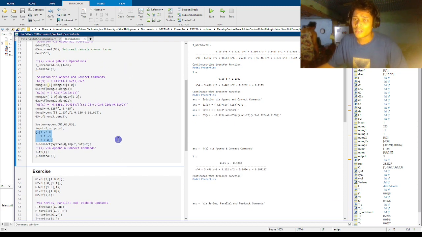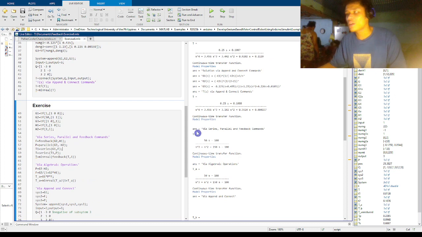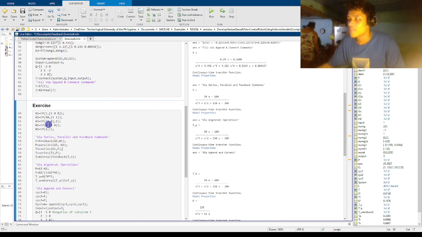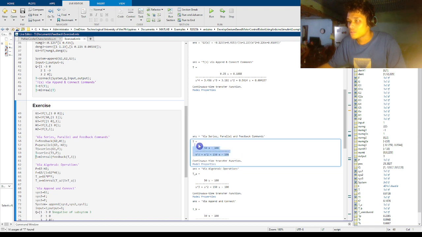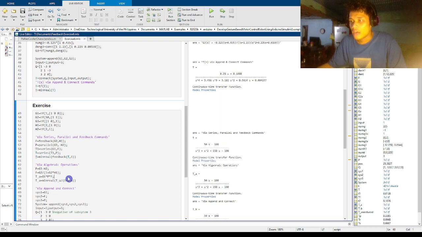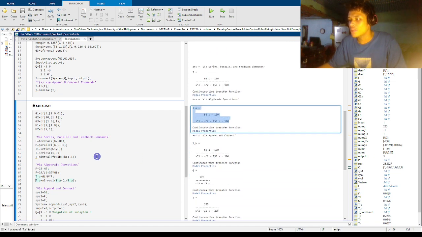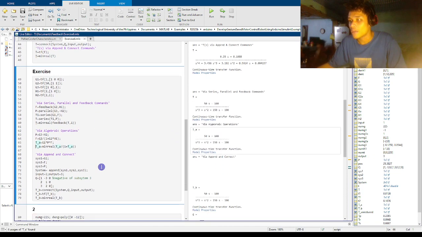But to demonstrate that it also works, we have another exercise where it is done via all three commands. So for the first one, we use the series, parallel, feedback commands, and this is what it is. Now, for the next one, via the algebraic expression, it is also the same. Now, for the last one, which is on the append and connect,